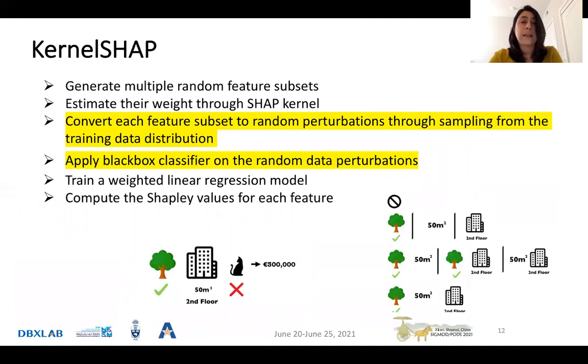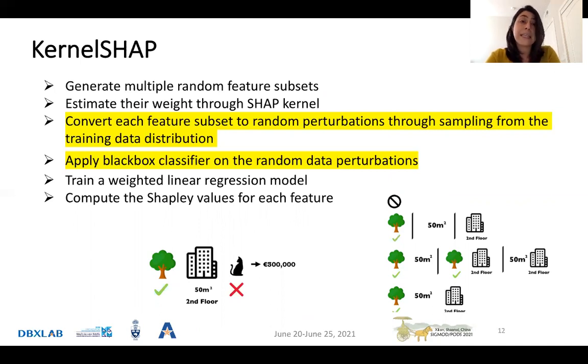Kernel SHAP is another well-known local explanation method. Kernel SHAP is based on Shapley values, which are used in cooperative gaming for calculating the distribution of a prize among different players of a game. Kernel SHAP generates multiple random feature subsets for the given data point, then estimates their weight through the SHAP kernel.